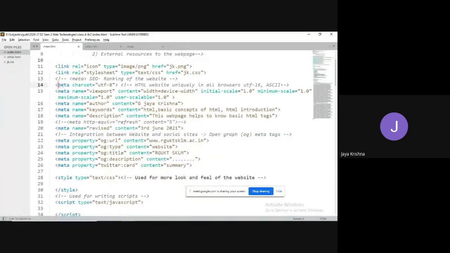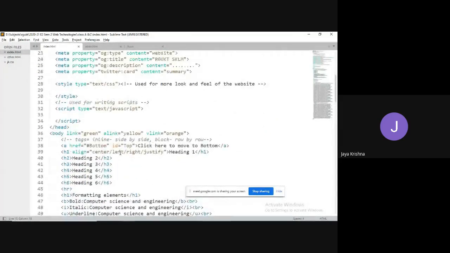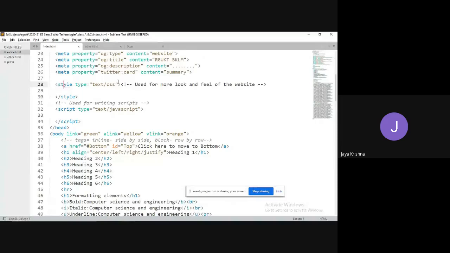And we have seen the various features of the meta tag. The main purpose is search engine optimization, and we have seen the style tag, which is used to add styles to the web page, and the script tag, which is used for writing various kinds of scripts.